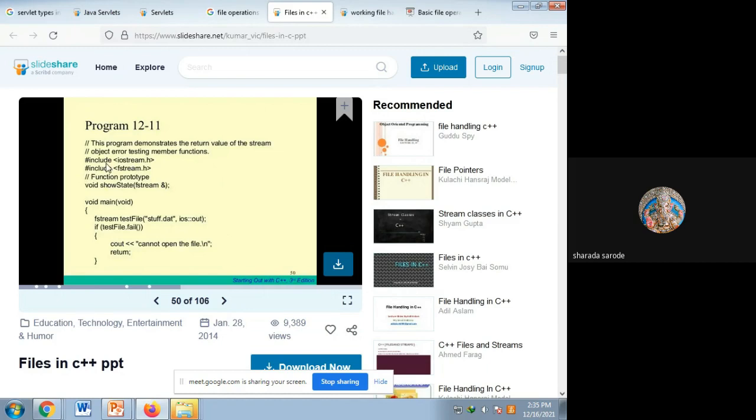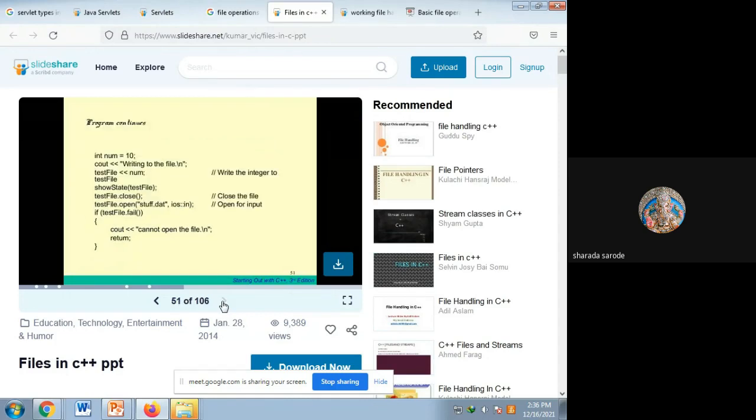Here: #include <iostream.h>, then #include <fstream.h>, then function prototype void showState(fstream&), then void main. fstream testFile("stuff.dat", ios::out); if (testFile.fail()) { cout << "Cannot open the file"; return; }